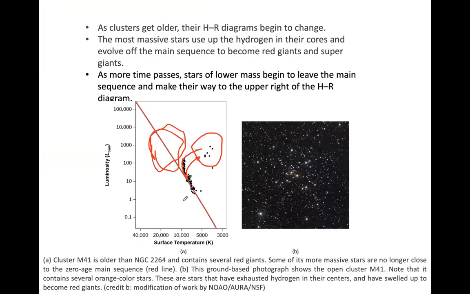And if you compare this particular star cluster, M41, it is a bit older compared to the previous cluster. You can see that the main sequence starts to turn towards the upper right region from this particular point, which is around 10 solar luminosity. So this indicates that this cluster is older compared to the previous one, right?